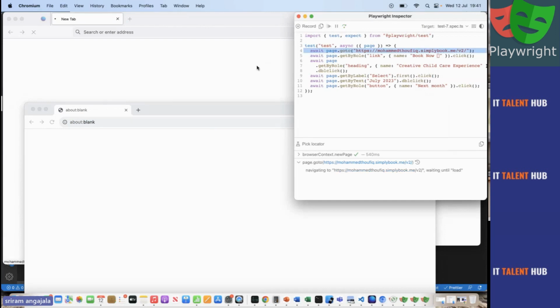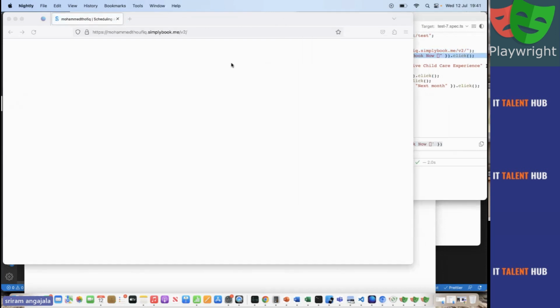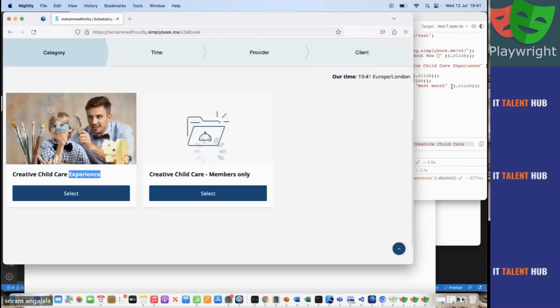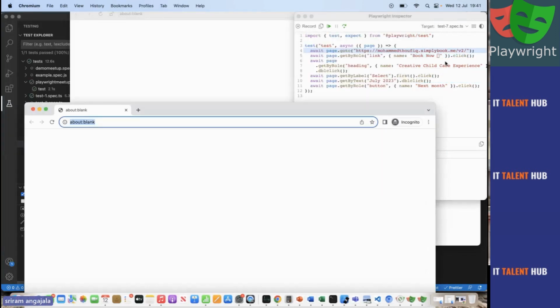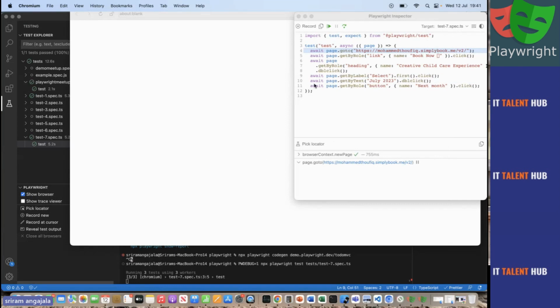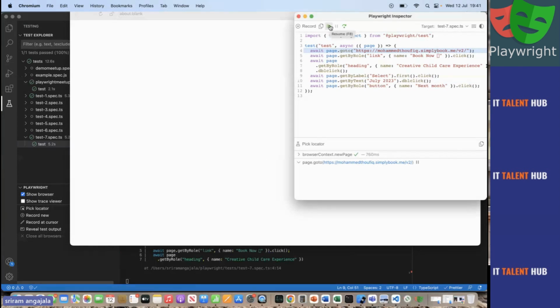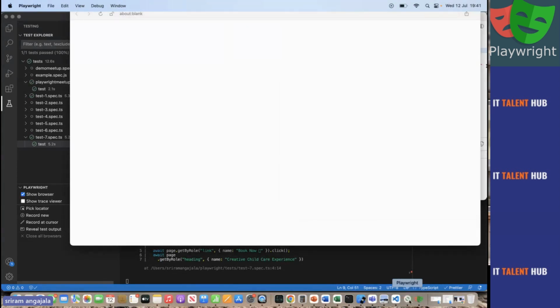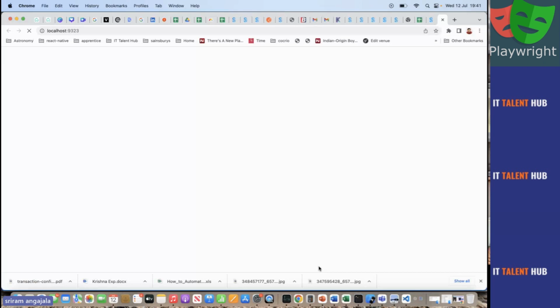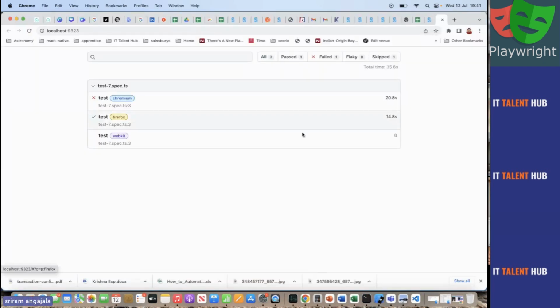So I can run the test in parallel with the code executing on a test runner. What happens is your test is running and you can debug your test at the same time. For example, if your tests are not running properly, you can debug the test at the same time. See here, and you are getting a report as well.